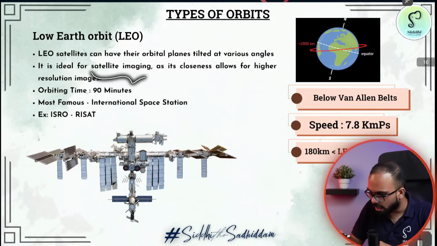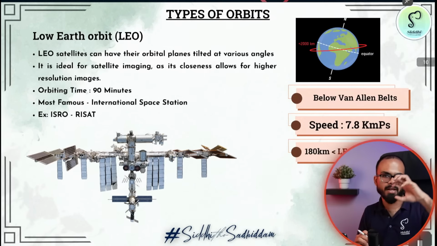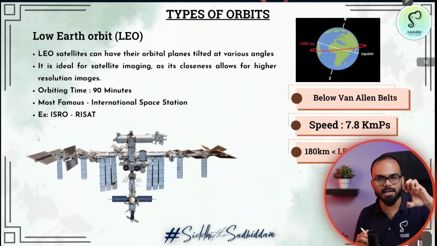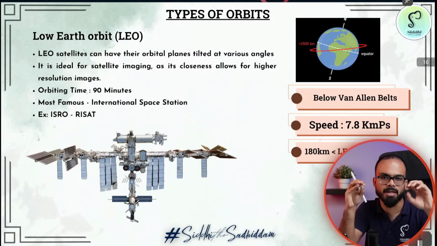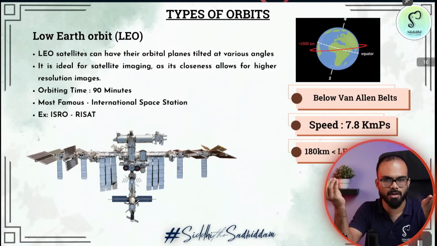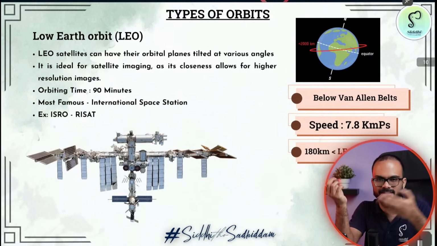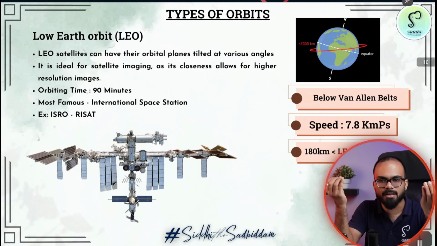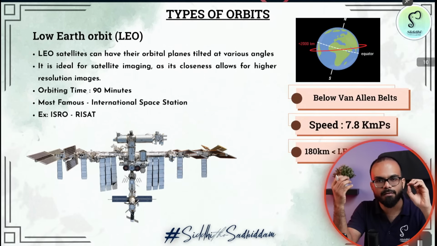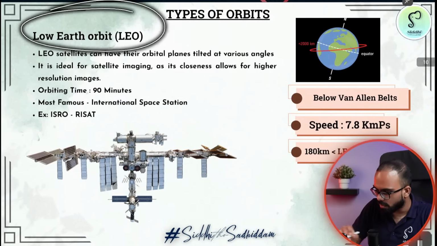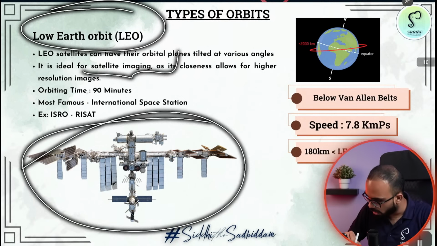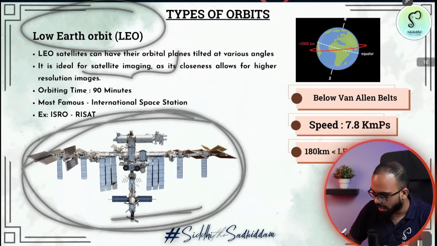Low Earth orbits are very good if you want imagery, if you want to take pictures, if you want to take military grade pictures, if you want spying, then low Earth orbits are absolutely perfect. For example, you might have seen various images that were published after Operation Sindoor, the photographs from Muridke or Bahawalpur, Noor Khan base, Kirana Hills, etc. So where did we get that intelligence from? It is all from those satellites which are placed in the low Earth orbits. From low Earth orbits, we can get very good high quality images. So low Earth orbits are for imaging.